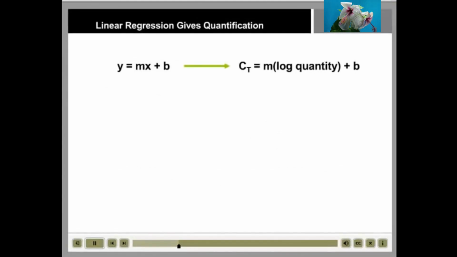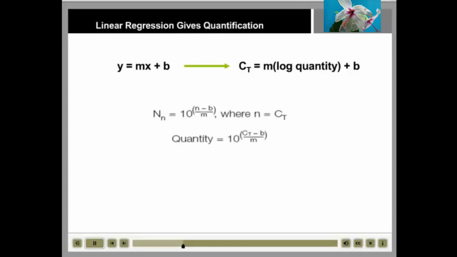The standard curve gives a straight line when we view it with CT plotted against the log of the starting quantity. Y equals mx plus b is simply the equation for a straight line. Here, m is the slope, x is the log quantity, and y is the CT value. From the equation for the linear regression, we can derive the following equation to determine the quantity, n, of an